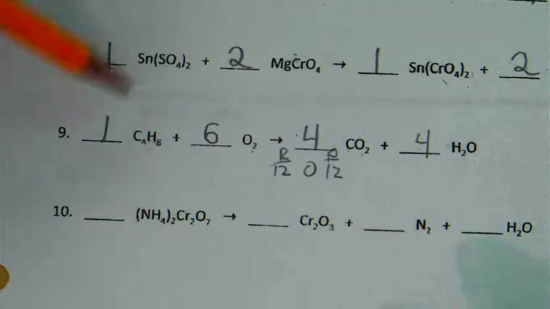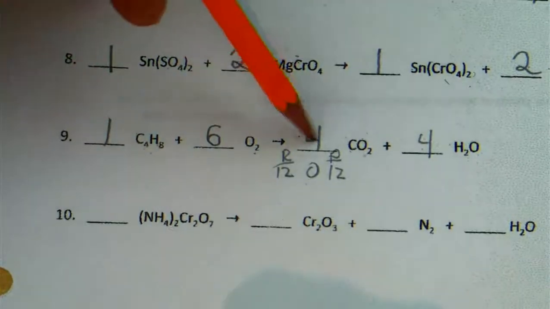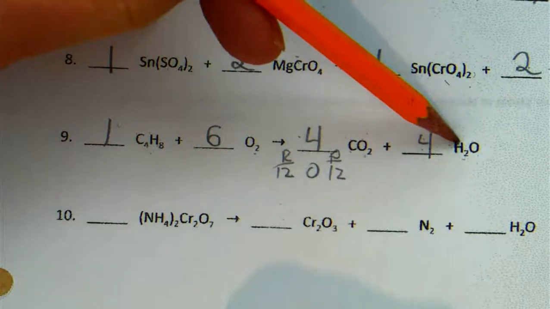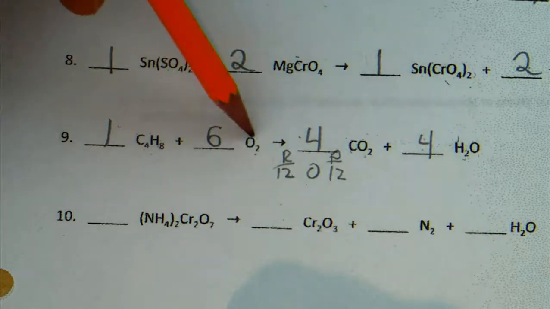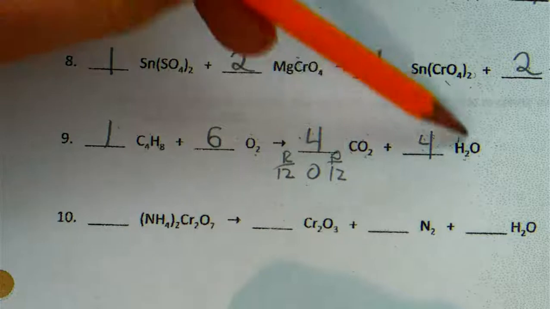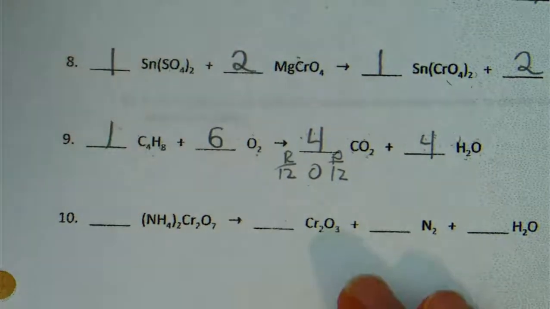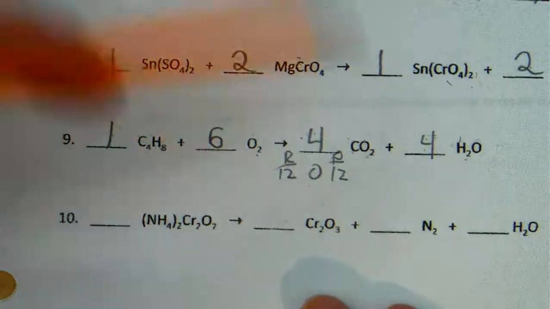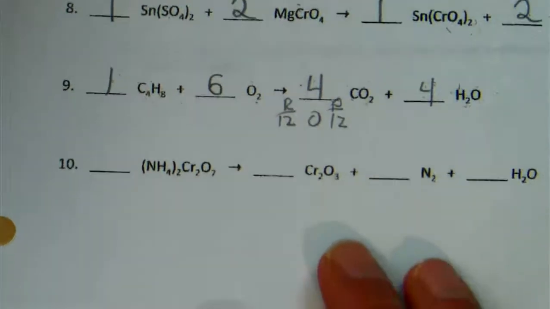Let's do a final check. 4 carbons, 4 carbons. 8 hydrogens, 8 hydrogens. 12 oxygens, 8 plus 4 oxygens is 12 oxygens. This combustion reaction is balanced with coefficients 1 plus 6 yields 4 plus 4. Number 10,